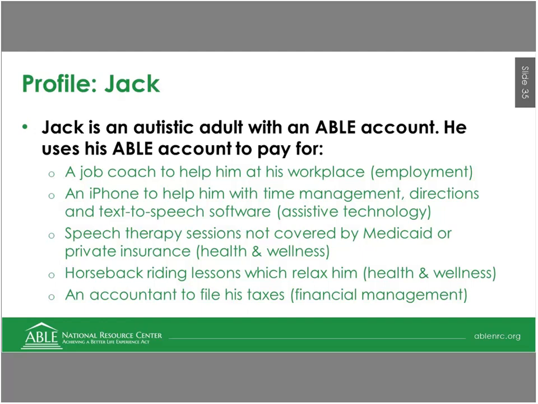So these are all examples of what I would consider to be disability-related expenses that would help Jack improve his health, independence, or quality of life that somebody might be able to use their ABLE funds for. So this all makes sense. And in addition, these are added expenses that Jack lives with as a result of his disability, and is the exact reason why ABLE accounts were created, to help offset some of those expenses, right? Okay.